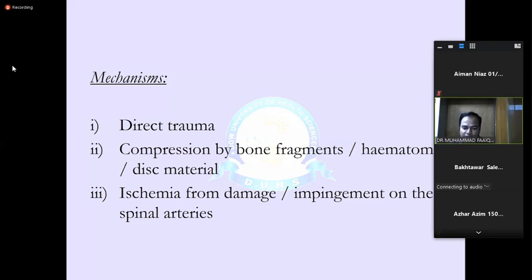So if the nerve is compressed, if the nerve has some sort of pathology, lesion, this will be referred to as radiculopathy. While if the spinal cord is involved, secondary to trauma, secondary to compression, secondary to ischemia, secondary to viral infection, and so on, this will be referred to as myelopathy. And it has different types according to the mechanism. Types are traumatic, because of trauma, compressive because of certain compression, like for example tumor, non-compressive, for example viral infection, ischemia, and so on.